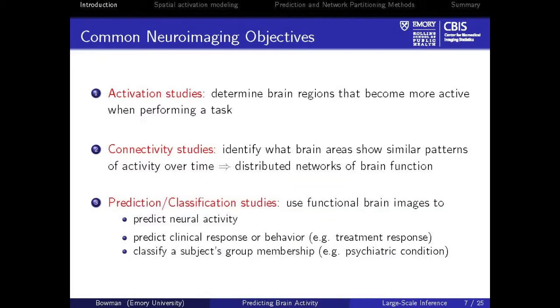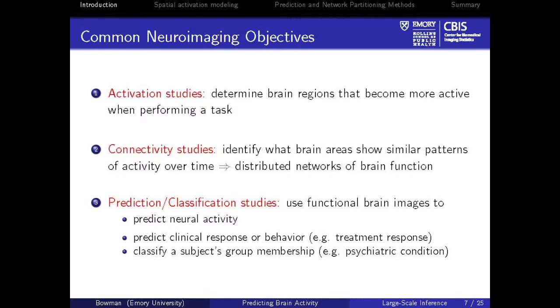All right, so three common objectives in functional neuroimaging analysis are what's generally referred to as activation studies, where you're looking to determine brain regions that become more active when performing a task than not, and then in that same light to be able to perform group comparisons, or comparisons before and after treatment, with respect to those changes in activity. But those are all localized. So at this particular point in the brain, is there a difference in neuroactivity between the 5-digit working memory load and the 1-digit, or between patients and controls?